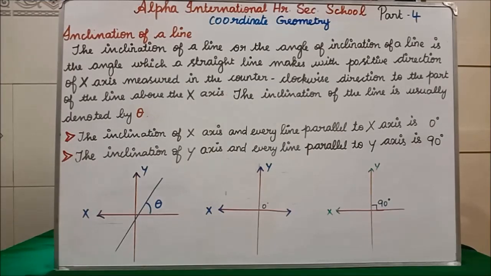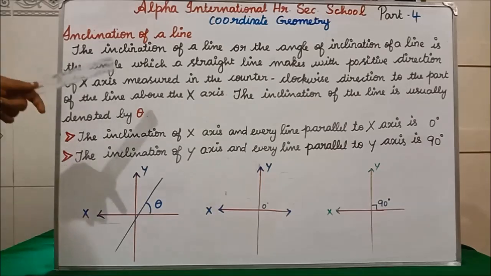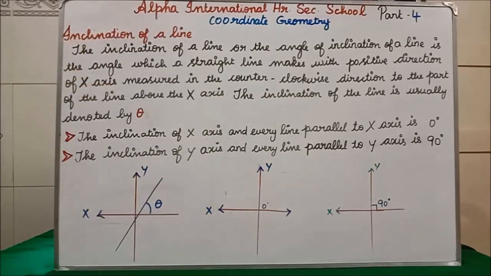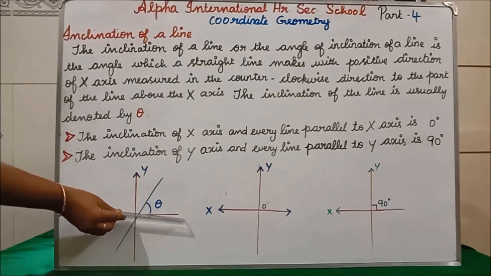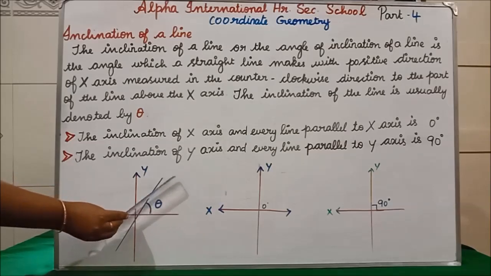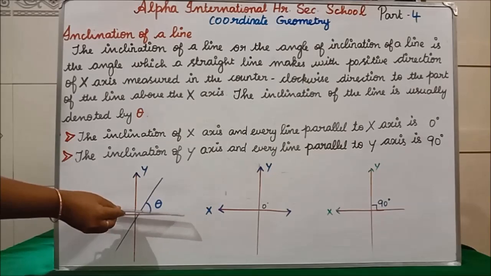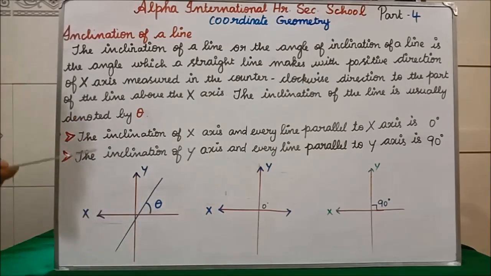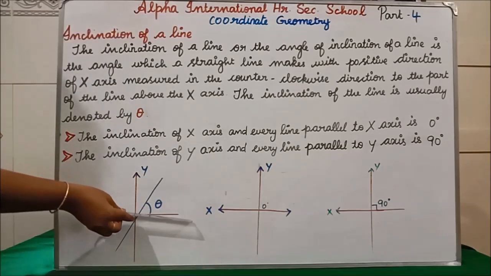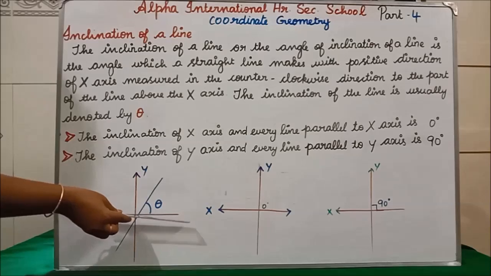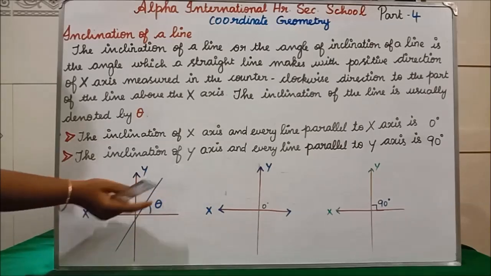Students, in this definition, what they are saying is, you can say inclination of a line, or we can say angle of inclination of a line, is the angle which a straight line makes with the positive direction of x-axis. See, suppose you have a line like this. Now we are turning it from some point like this. How we have to turn means positive direction of x. They are saying positive direction of x-axis. This is our x-axis, where in the x-axis we have positive direction. Here the x-axis is positive direction and here also positive direction.